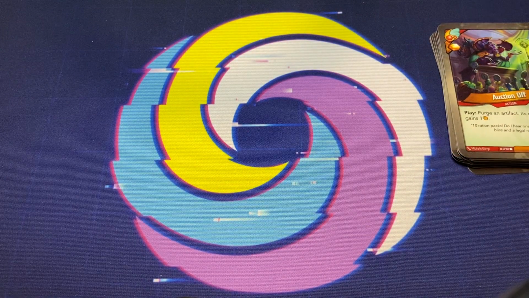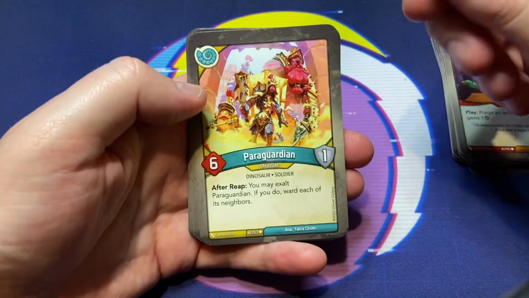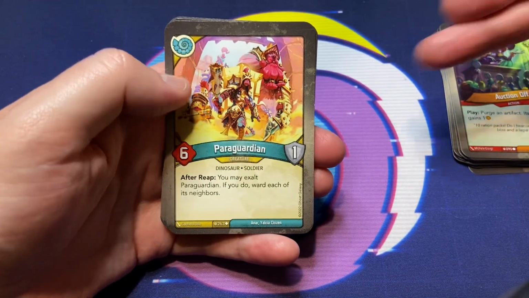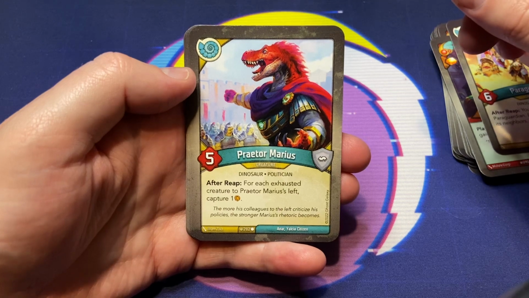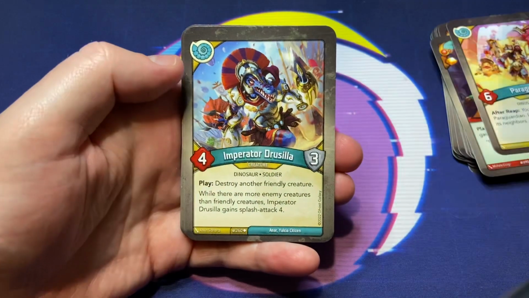Well, let's just move into Saurian, okay? We've got Saurian. We only have 3 dinos here. But Paraguardian is there. You may exalt Paraguardian; if you do, ward each of its neighbors, which is great with the Shrewd Investor if you really need to protect that Amber. Praetor Marius: after reap, for each exhausted creature to Praetor Marius's left, capture 1. And then this crazy dude,